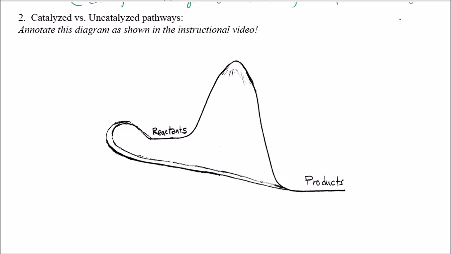Alright, now question 2 has this interesting diagram. I'm hoping this looks to you like a mountain. You can see we have reactants here in the middle and products here. So this is very much like the interactive physics simulations. This is the uncatalyzed pathway here. It's a high mountain, large energy barrier,